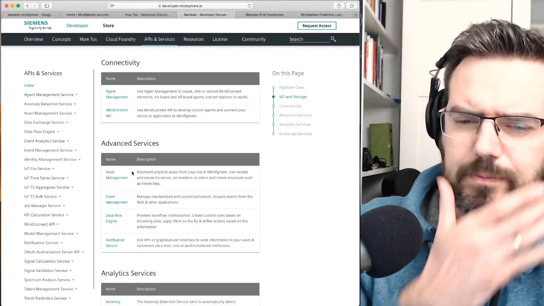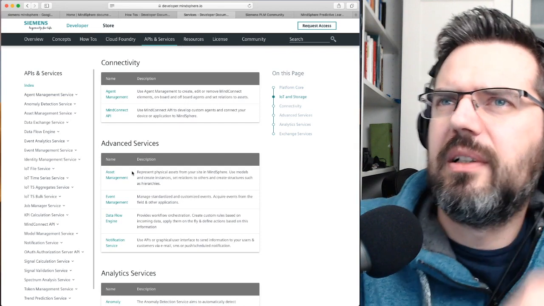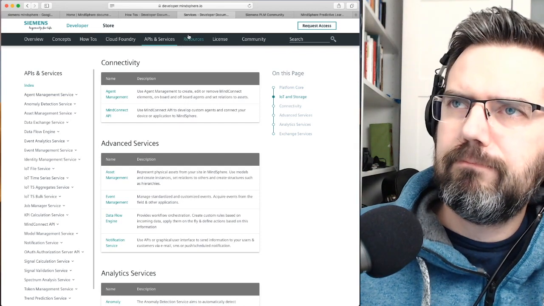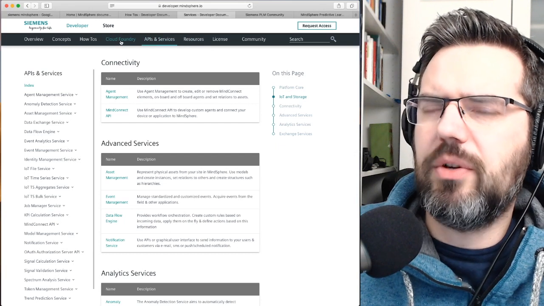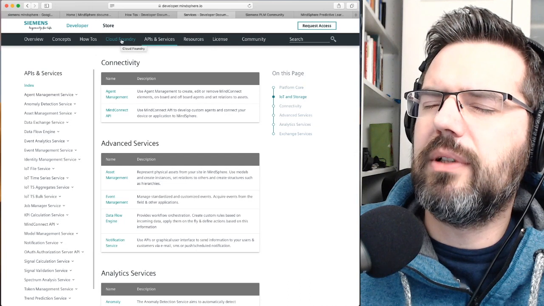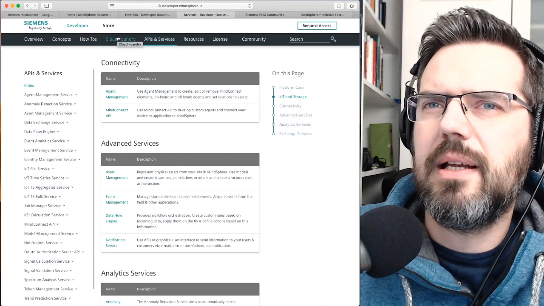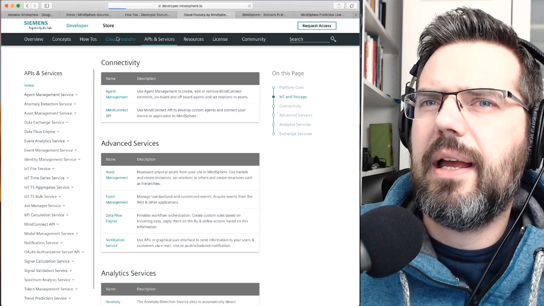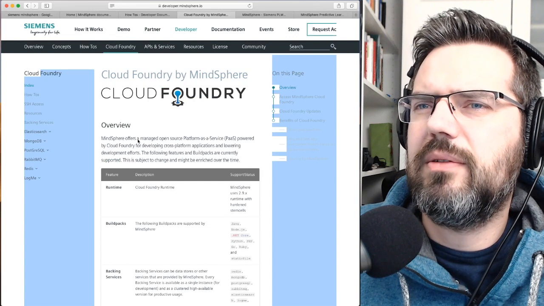So it's basically a platform on top of, if you're deploying in Germany, on top of in EU. If you're deploying on AWS, it's in Germany on AWS, and it uses Cloud Foundry.